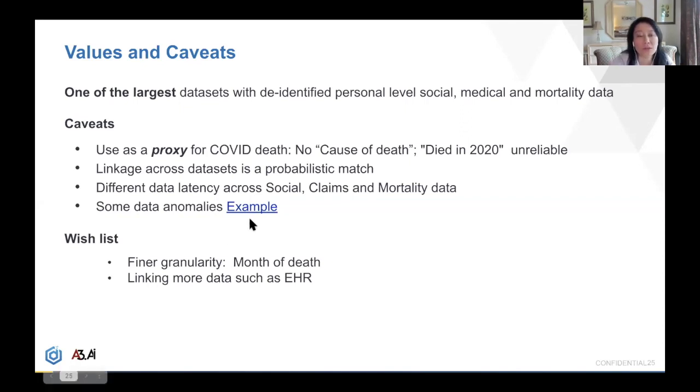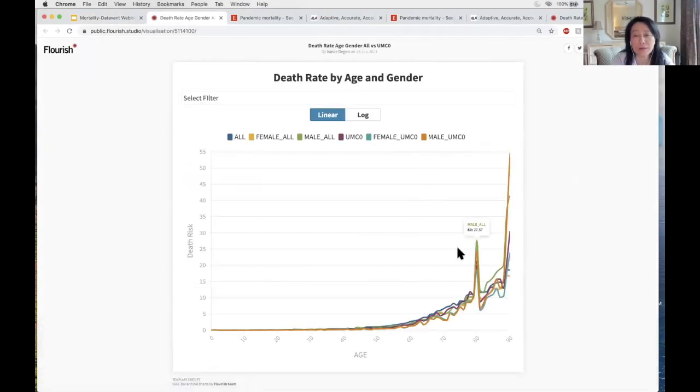We may just not know yet. And then there's also, due to the de-identification reasons, some data anomalies. For example, over here you see a bump of death rate at age 80 and age 89. I think this is related to people probably of some higher age being put into this particular age group. So we kind of have to smooth out or throw away some of these anomalous